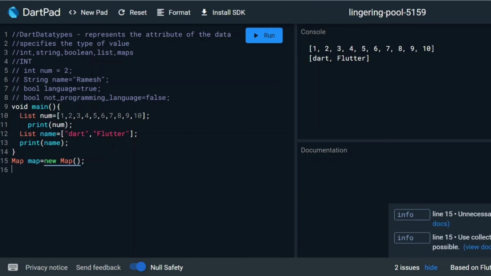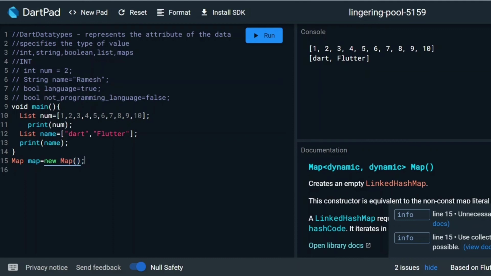You will be confused, since other things we have represented in only a single line. Why are we using this Map, new Map? If you are coming from object oriented programming like C++ and Java, you know that we also have classes and objects. But since it is a Dart series for Flutter development, we have no need to dive deep into it. Map is nothing but a class. We are creating an object by naming it map and calling the class. That's it. It is a dynamic one. It is not like a boolean, num or string.